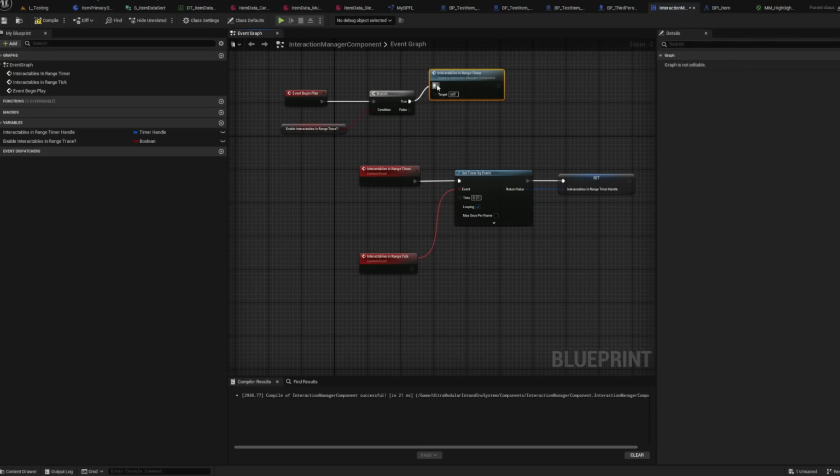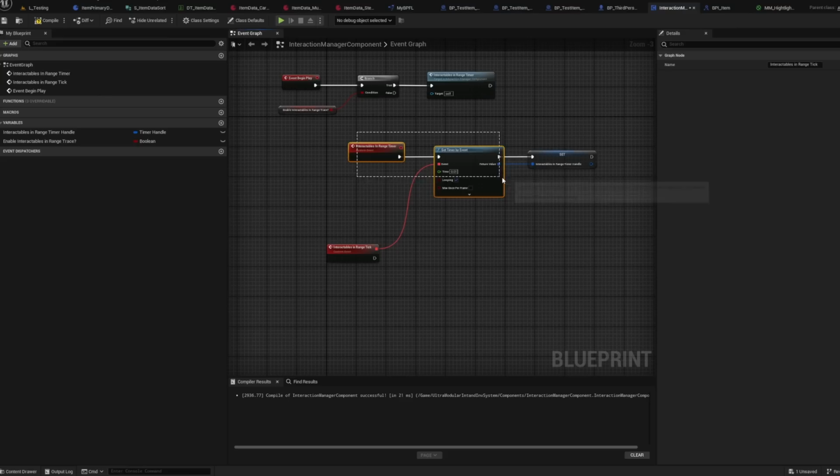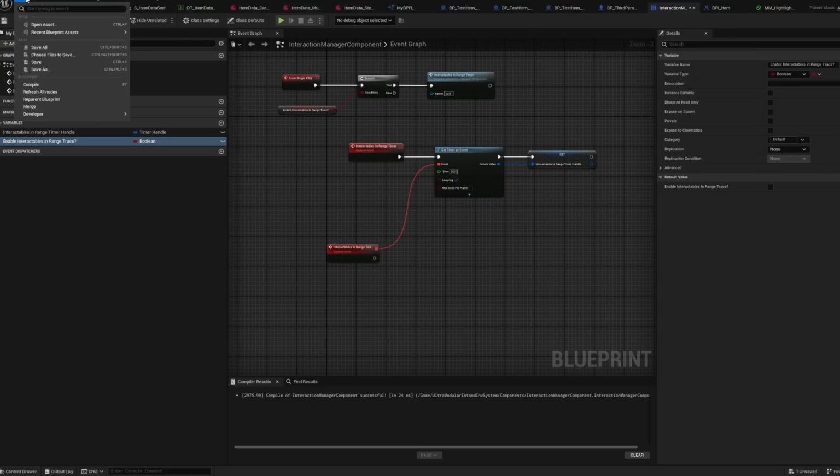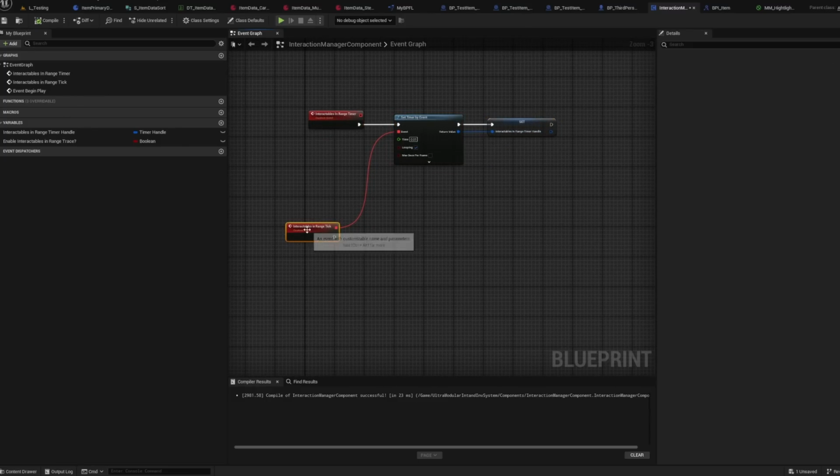Now, most of the time you would put something like this on event tick, but I find it much easier to do something like this than event tick because you always have a means of canceling it or shutting it off. And I think it's much better, modular and scalable to do things like this. So we'll set that variable to true by default so it runs, and think about what we need to do